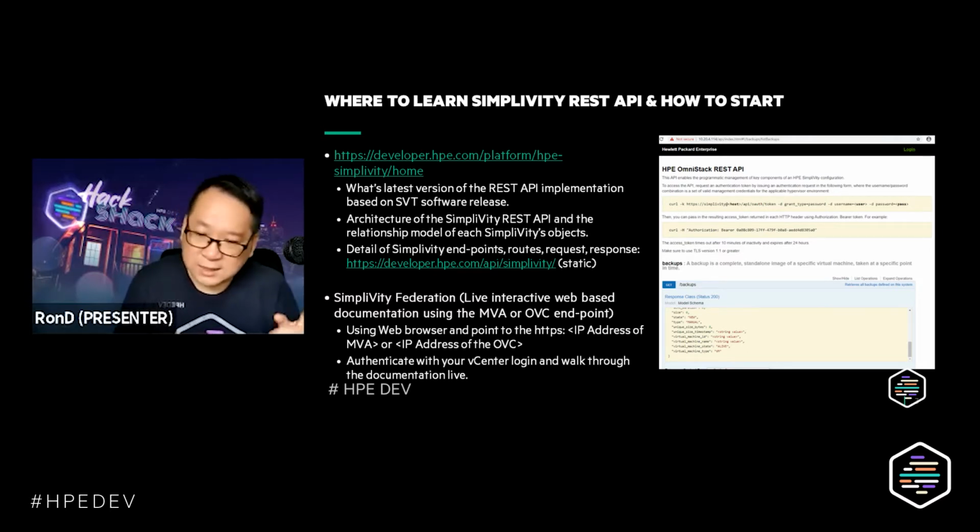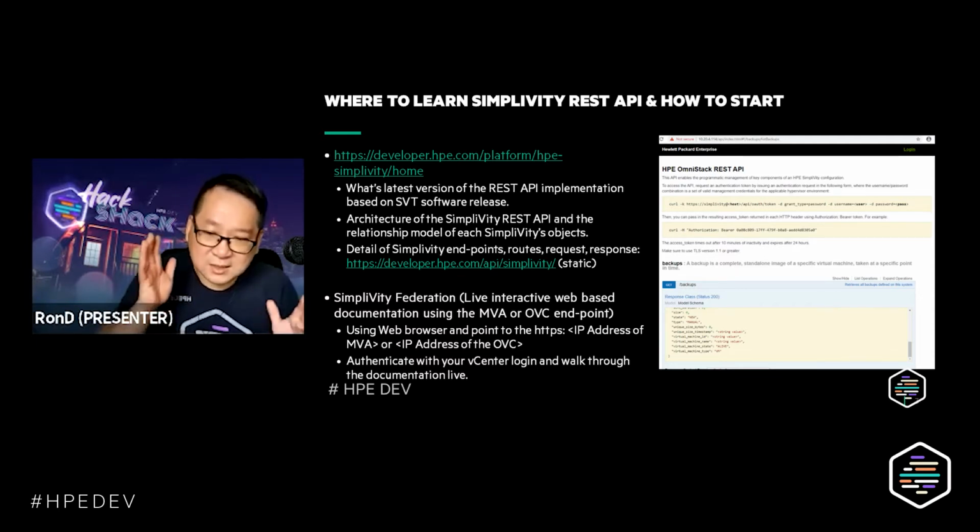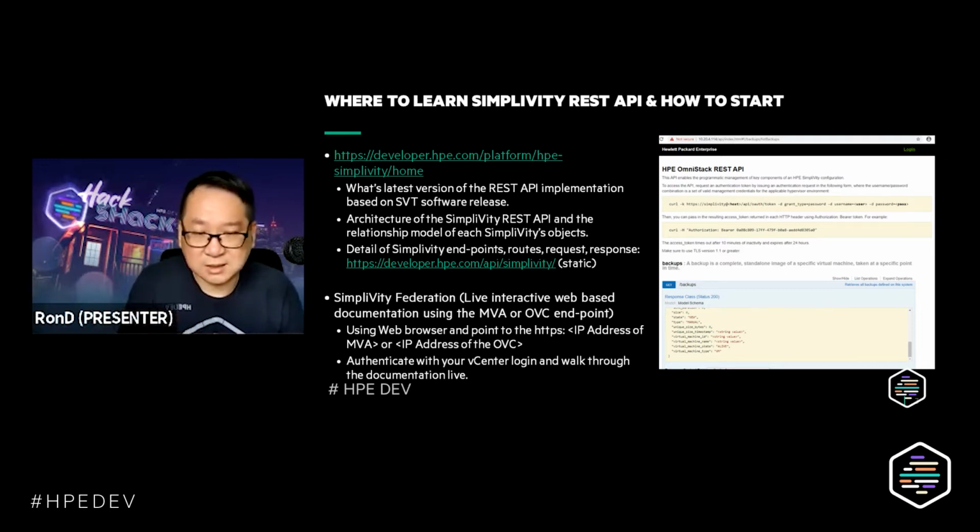And one last note, if you want to do it yourself to get a better understanding of the SimpliVity REST API, SimpliVity itself provides this interactive website. Some people call it Swagger, and you can use it by pointing your browser to the MVA, which is newly introduced in SimpliVity 4.0.0.